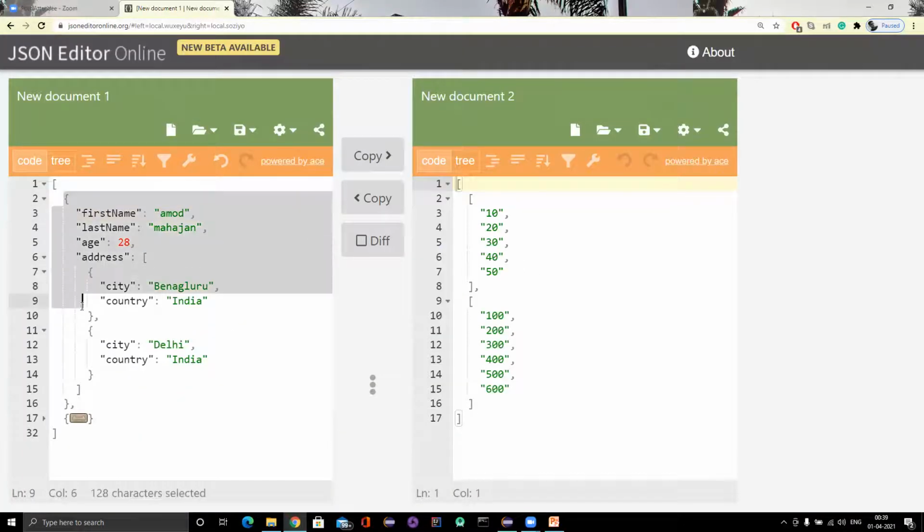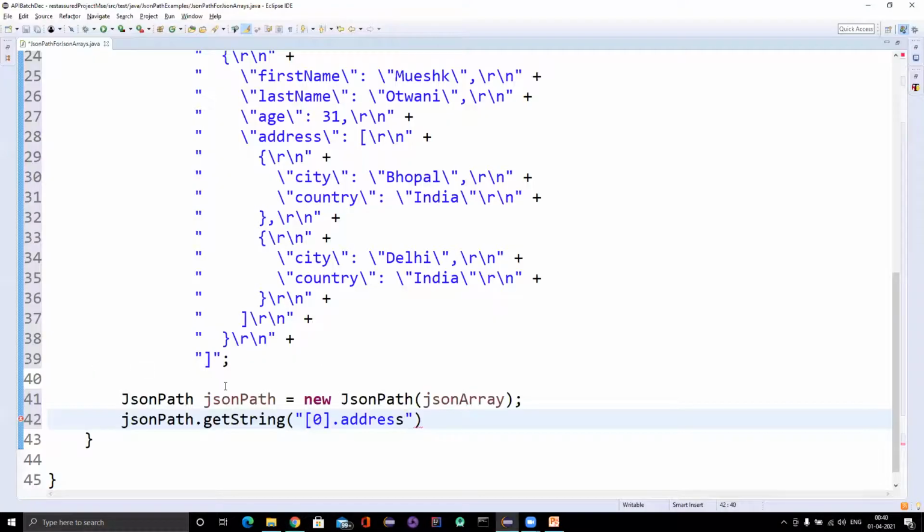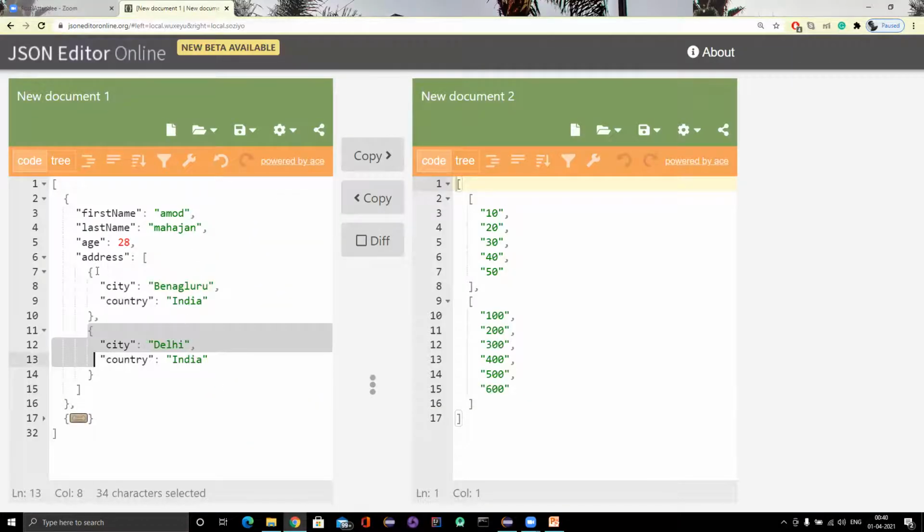So I am in the first element. Then I use the dot address. So I have this much only, right? Again we have one array here, a nested array. In this array we now have two elements, first element and second element. So let's apply the same indexing concept and use address of 0. So I will reach here. If I use address of 1, then I will be here. Don't use 1 and 2, because index starts from 0.